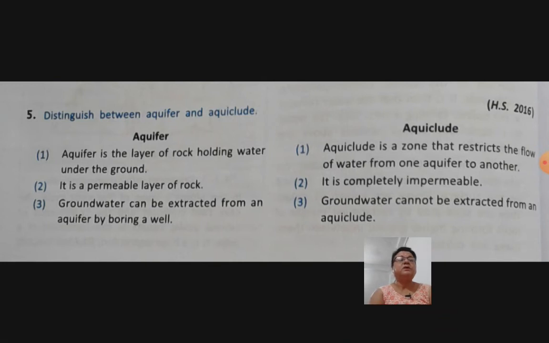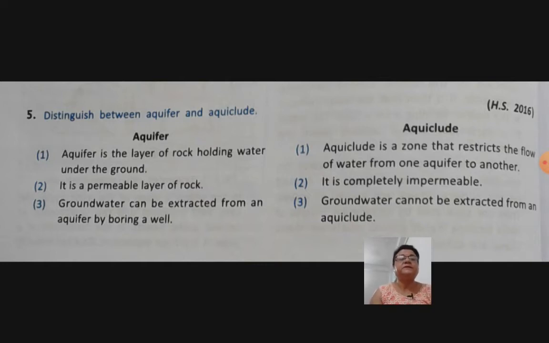अब अर्को त्यसैसित जोडिएको अर्को प्रश्न छ, distinguish between aquifer and aquiclude. एक्युक्लुड र एक्युफियरमा के भिन्नता छ? यो 2 मार्क्सको भएकोले गर्दा यहाँ भिन्नता 3 वटा दिएको छ र राम्ररी हेर। नम्बर 1 मा छ, aquifer is the layer of rocks holding water under the ground. Aquiclude is a zone that restricts the flow of water from one aquifer to another. त्यो बीचको जुन चाहिँ सीमाना, एक्युफियरको बीचको सीमानालाई भनिन्छ हैन।